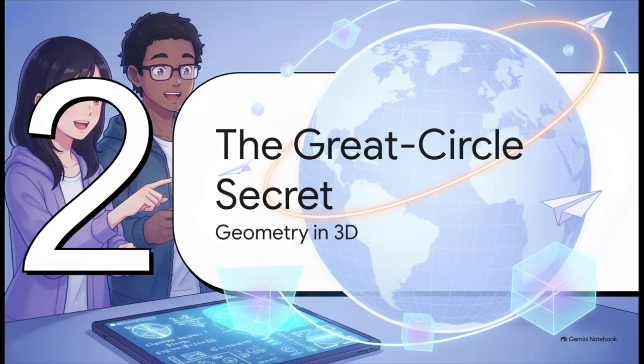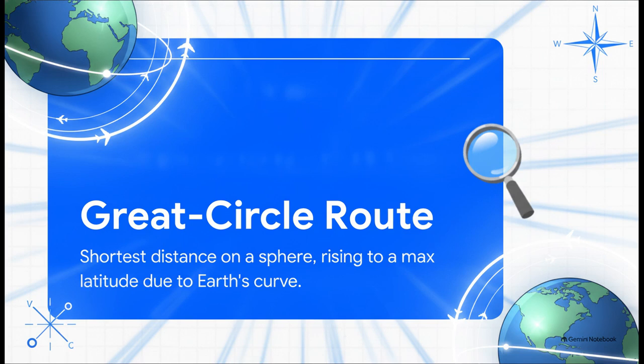Which brings us to Section 2, the Great Circle secret. Geometry in 3D. So what actually is a great circle route? Basically, it's the absolute shortest distance between any 2 points on a sphere. Because the Earth's surface curves away from you in all directions, a path connecting 2 points on the exact same latitude doesn't just go straight east or west. It actually has to rise toward a maximum latitude, curving up toward the pole to efficiently bridge that gap across